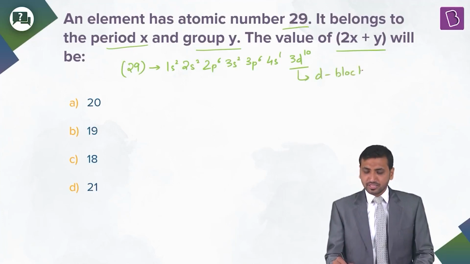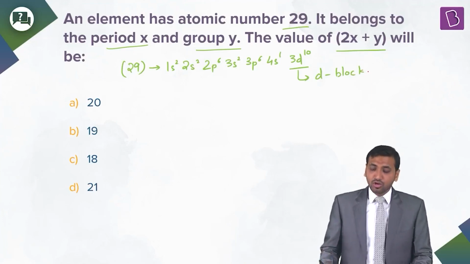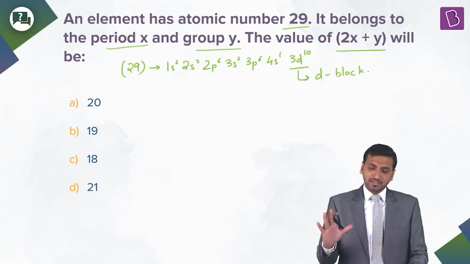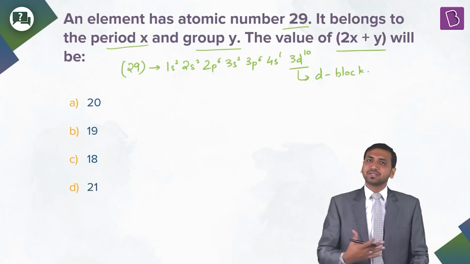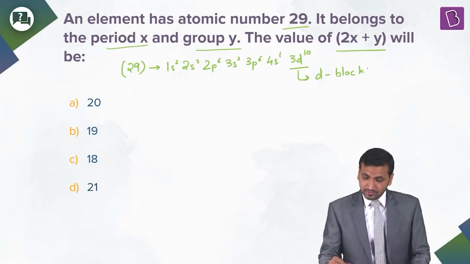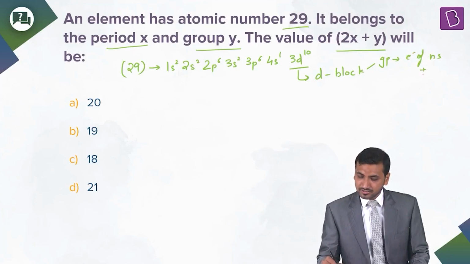And we know that copper is a D block, 3D series element. So for D block, what is the rule? See, this question is an opportunity. We will try to recall all SPDF from this question only. Okay. So for D block, if you want to calculate the group, what is the formula for that? For D block, you have to add electrons of Ns plus electrons of (N minus 1)D.